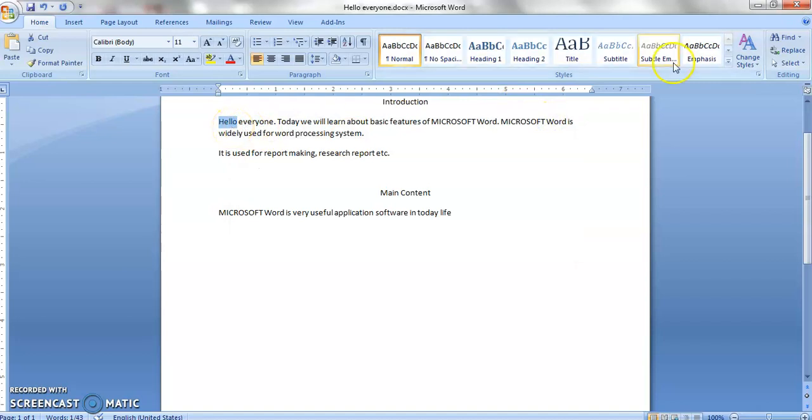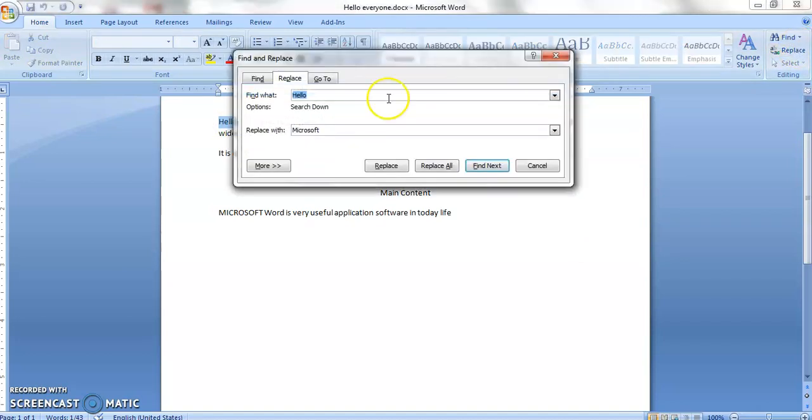Now I have to replace a particular word. There is a word, Microsoft.